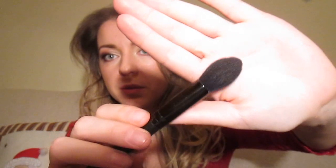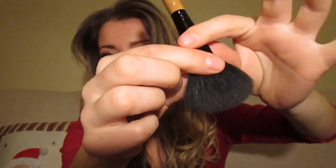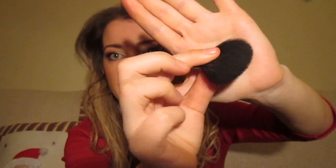Okay, so now I'm going to show you how to contour your face in under a minute. So get your matte powder, whichever one it is. I'm going to use the MAC Harmony. And get a small brush, any type of brush that's small. If you don't have a small brush, just get your regular powder brush and squeeze it between the hairs and the ferrule, and it'll be like that slanted shape. And you can then do it like that. So, or just get a brush. Get your powder,